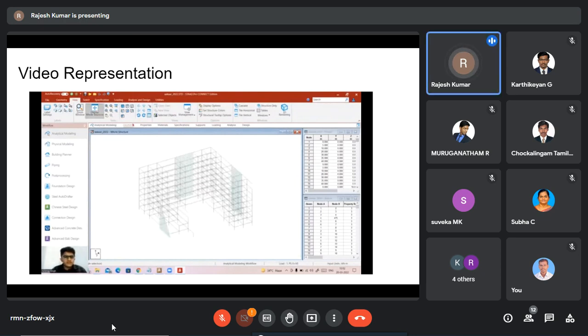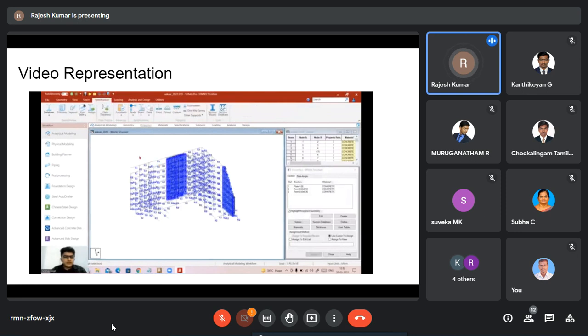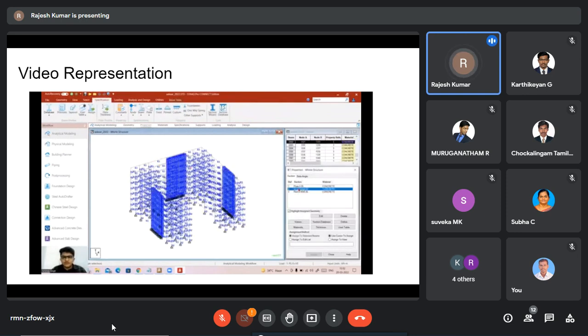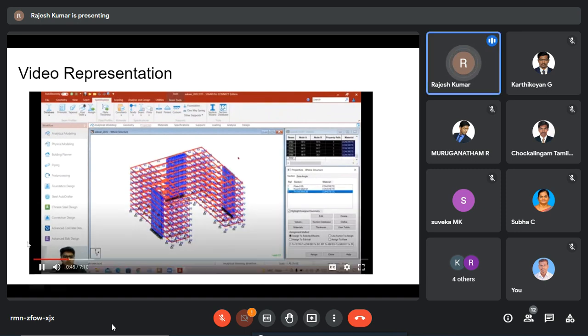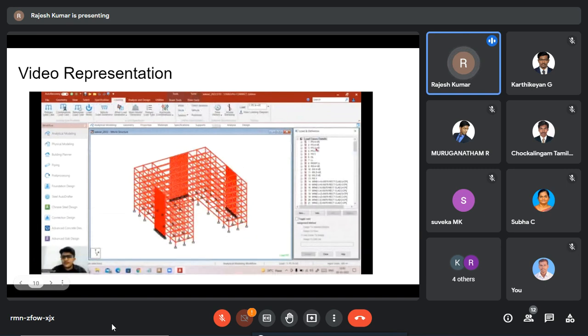Now, if we see the whole structure, every member is assigned a different property. Now, let's first talk about the column. They are given a dimension of 500 mm into 500 mm. If we talk about the beams, they are given a dimension of 500 mm into 300. In both cases, I have defined many loads. First,